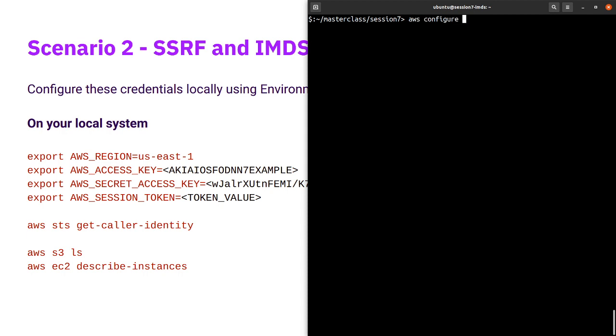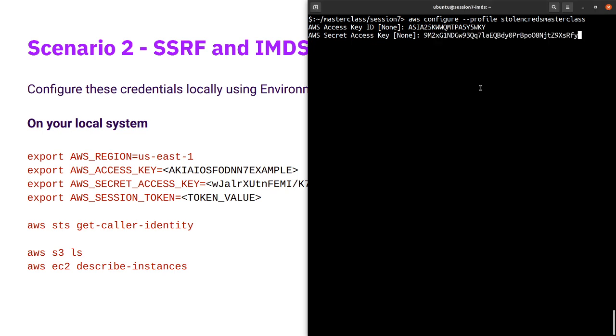What we'll do is let's configure this. AWS configure profile stolen, because I have a lot of stolen credentials. So stolen credentials masterclass. Ask for access key. You paste it there. Secret. Default region US East 1. Output format JSON or default. And if I do STS, the entire command AWS STS